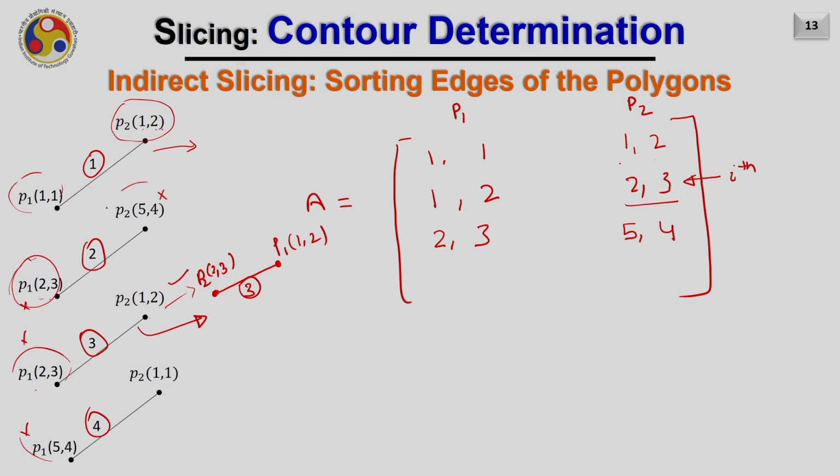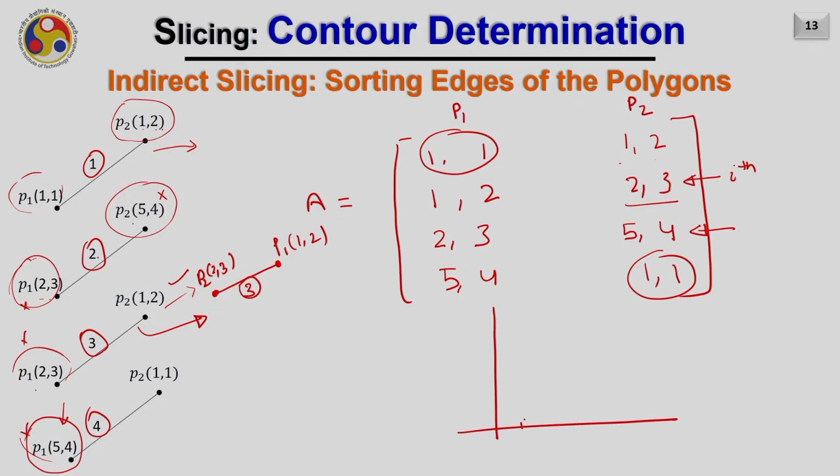Now, let us consider the second point of the second line, or this ith line, this particular line now, and compare it. We can see that the P2 is appropriately matching with the first point of the fourth line, and hence we can write 5, 4 and 1, 1. You can easily verify that this point should be the same as the first point, and hence it is forming a closed loop contour.